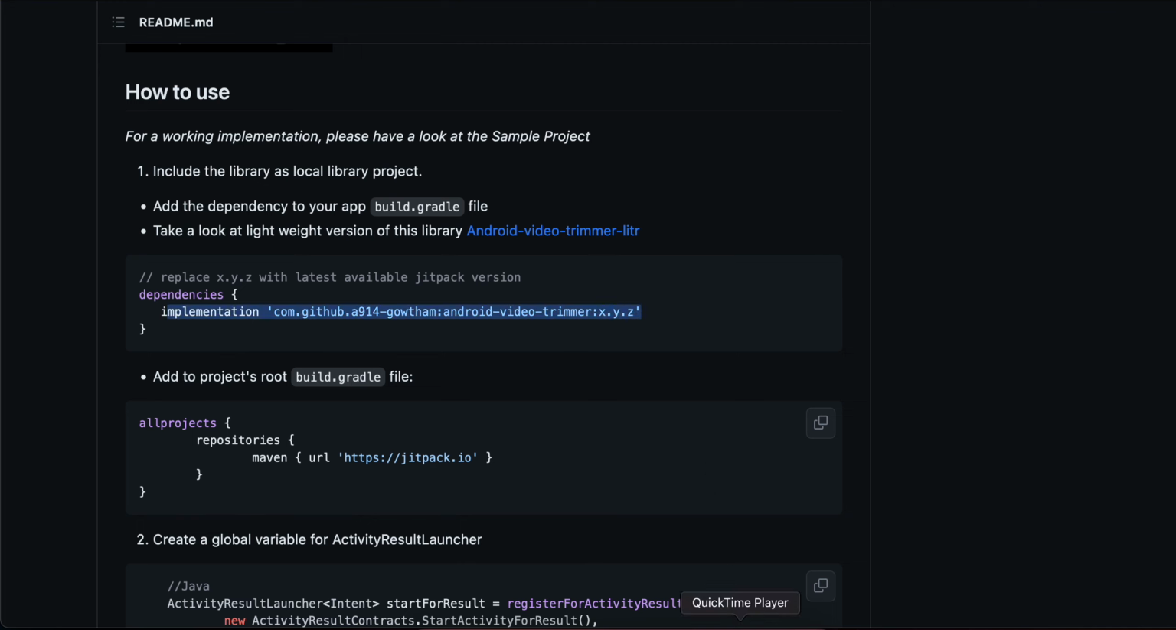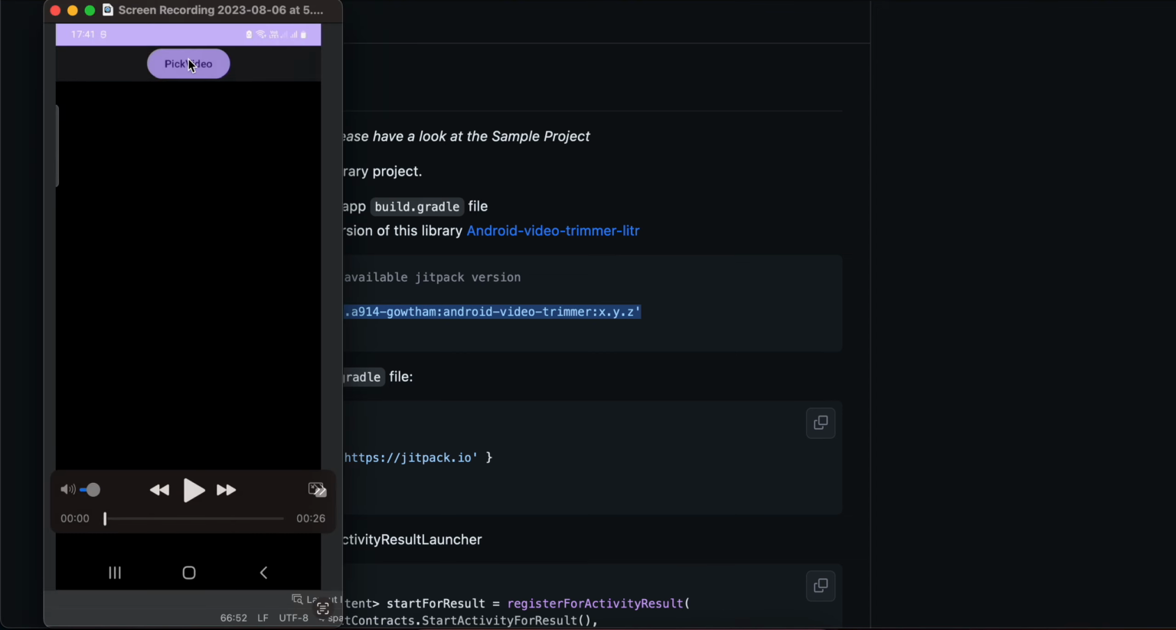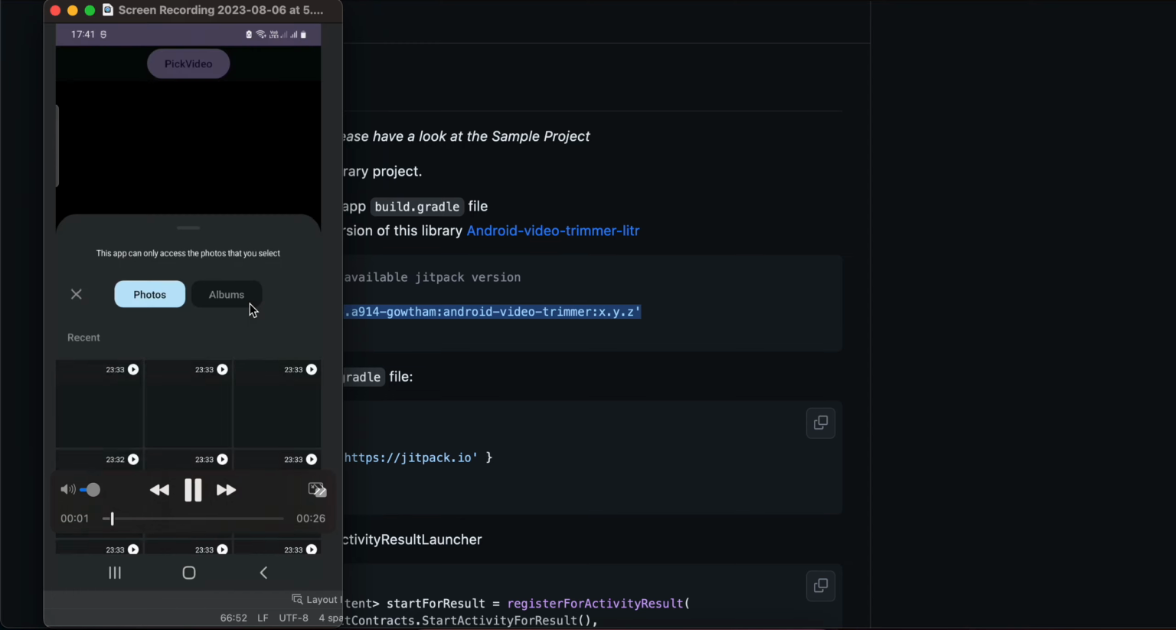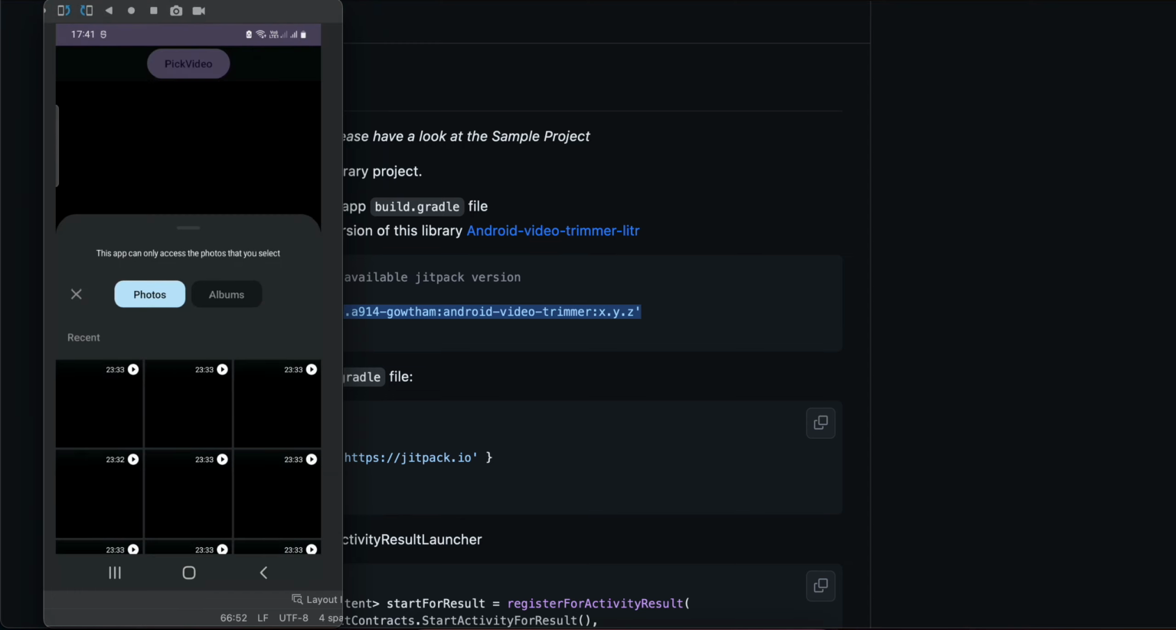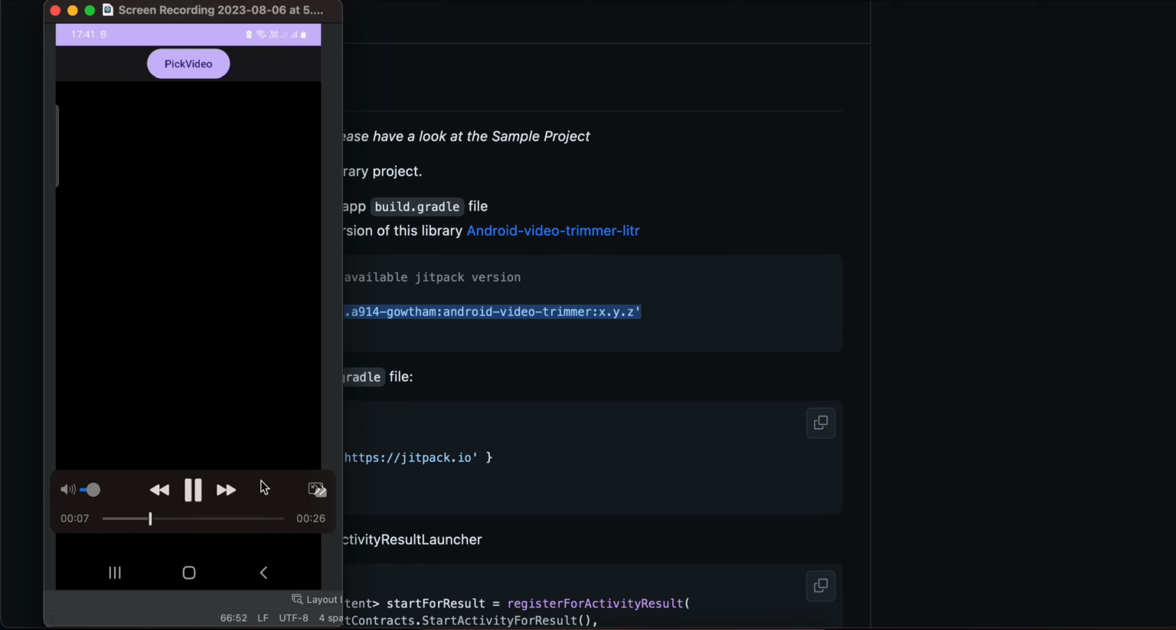I will show you guys the output of this tutorial. So here you can see I have a pick video button. Once I click on it, it opens a video library. It shows all the videos which are present inside our application. And I'm using the new picker API from Google. So I think it's backwards compatible to Android level 10, something like that. Once that is done, here you can see I'm picking one video, and as soon as the video